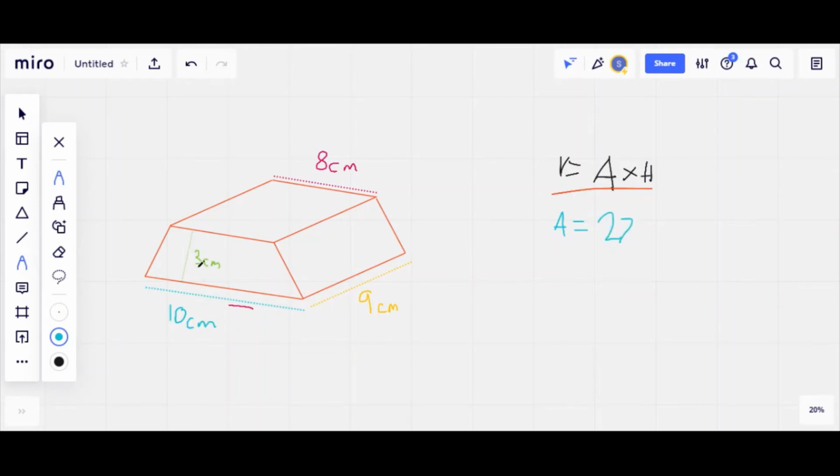We've got to put in our units. We're looking at area, so it's centimeters squared. Now we substitute this value back into the volume formula. Remember, V is equal to A, which was 27,